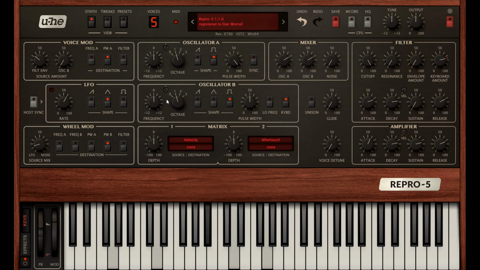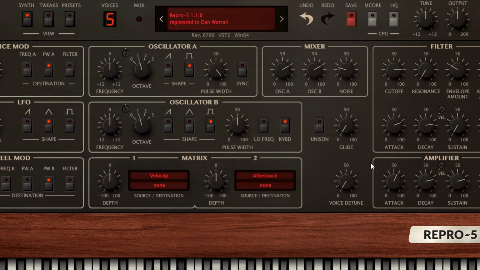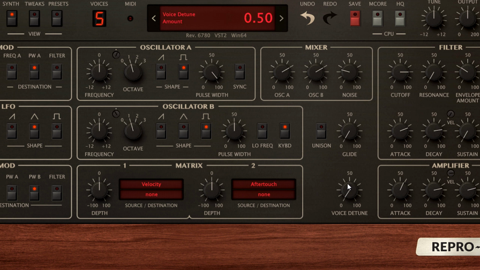Let's add a touch of noise in the mixer as well, and wind down the filter a little, possibly with less key tracking, and turn up the filter envelope knob so the filter opens up and then closes down gently for each note. The voice detune knob below adds small tuning variations between voices, enough to sound positively out of tune with higher values. But small amounts of this can make chords sound more interesting, and add a little bit more analog character to the sound.